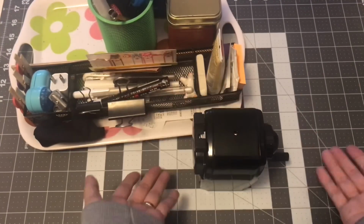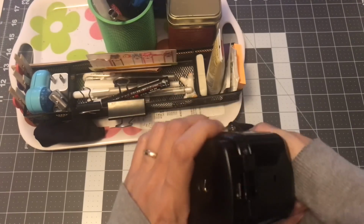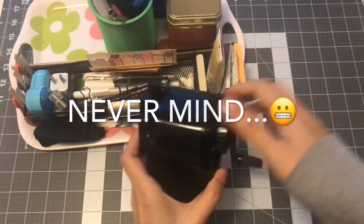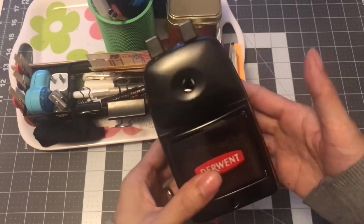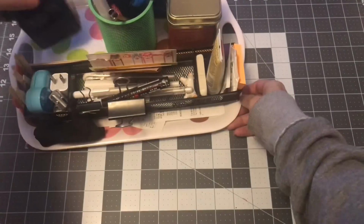And then just turn it, and it's easy to use. You just have to turn this end. I don't want to spill all the, oh, my hands are sweaty right now, but you just have to turn this counterclockwise, and then it opens. Then you can just clean it out. So yeah, I still have to clean it out. Anyways,